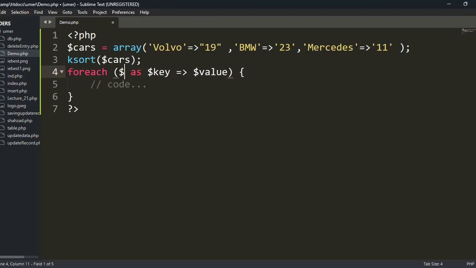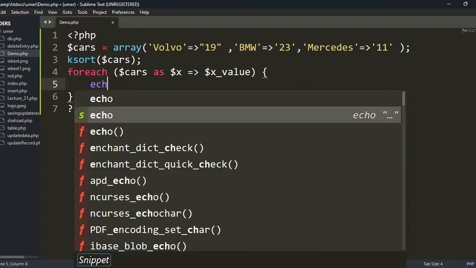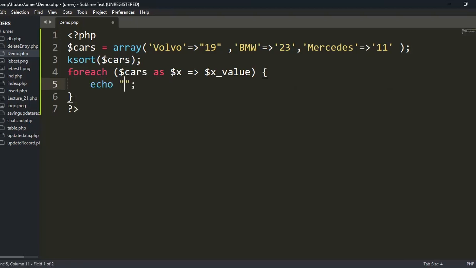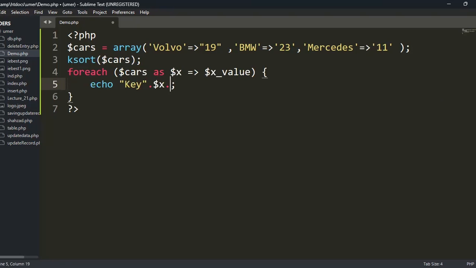So here I need to give the variable names, as I have the variable names cars as $key. Let's say as $key. I'm taking any variable, let's say I'm taking X. Okay. So once I have taken as X, and here I need to give the value also, and here I'm taking the underscore as well. Okay, so once I have taken the value inside it, now what I need to do, I'm just saying echo. Once I have taken this echo, here I'm saying just display the key for me, and key, then dot, I'm taking the variable I have taken, that is $x, then dot, and then what I need to do,